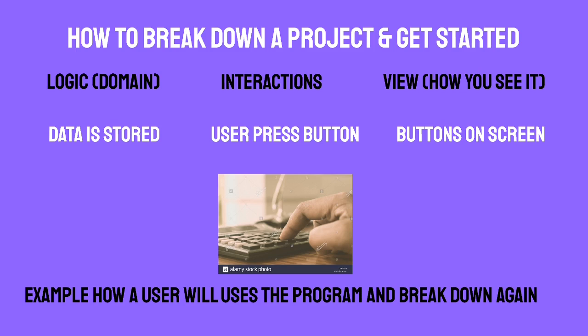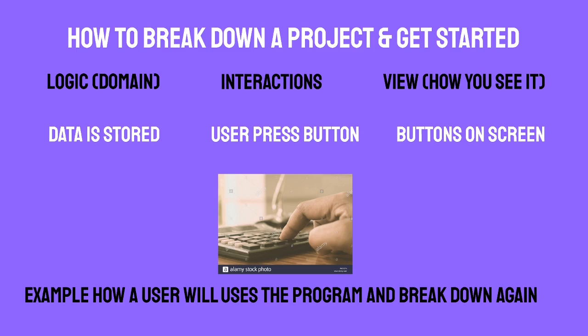We need buttons to be shown on the screen. So our view, we have to know how to put buttons on the screen. So if you're still learning and you're not sure where to start with a feature, by doing this, it really helps you break down what you need to learn out of that function. So if you want people to be able to click buttons, first you need to know how to show buttons on the screen. Then when a user clicks a button, what happens?